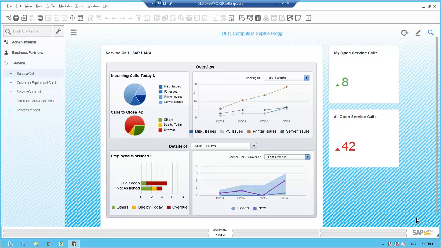As a CSR, Sophie's primary responsibility is to respond to and resolve customer service calls that come into the OEC Service Department via phone, web portal, and emails. Sophie has customized her SAP Business One desktop to include only those transactions and analytic widgets that are critical to her daily support activities. Sophie's Business One main menu only includes those service, business partner, and administration tasks that are